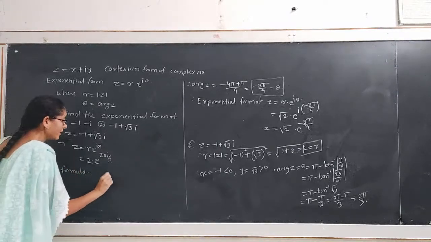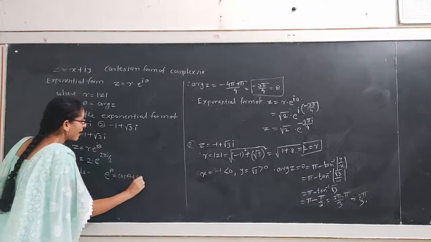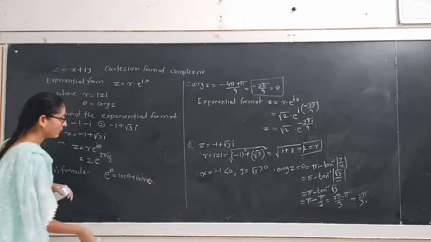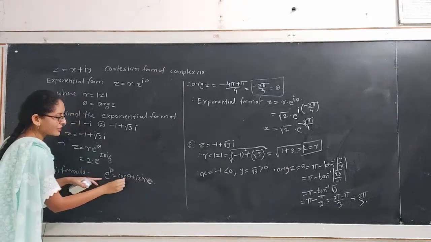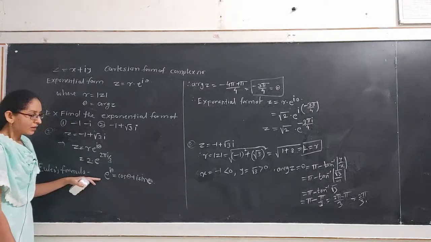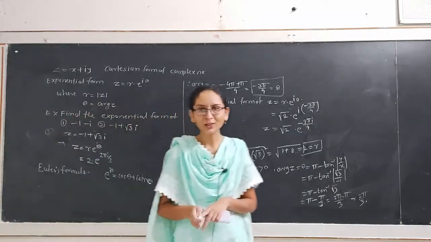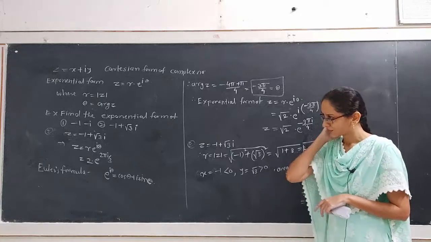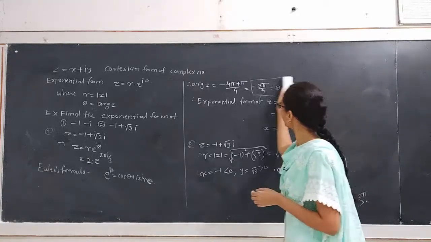e raised to i theta is equal to cos theta plus i sin theta. This is known as Euler's formula. We write exponential of i theta as cosine of angle theta plus i into sine of angle theta. This cos theta and sin theta are referred to as polar coordinates for the circle. Hence, the complex number z can also be written